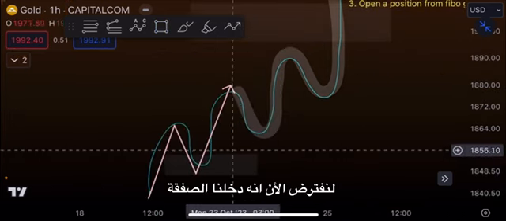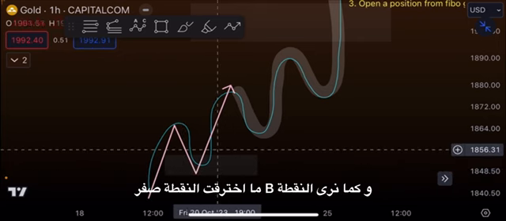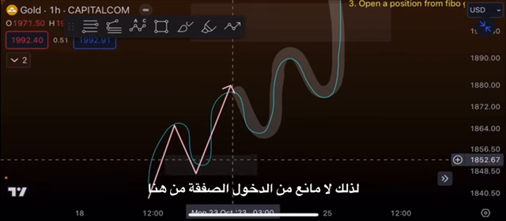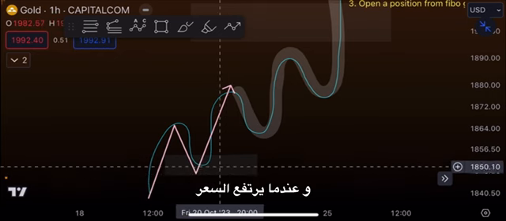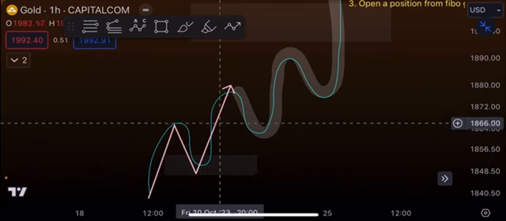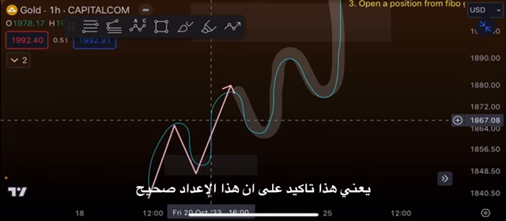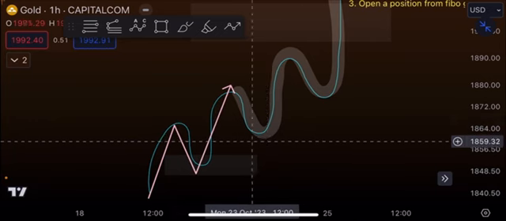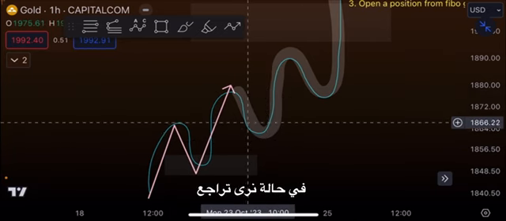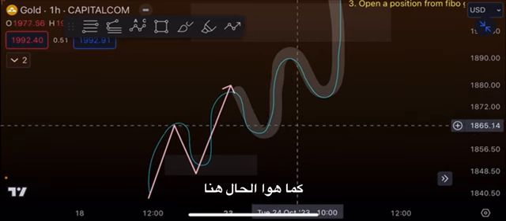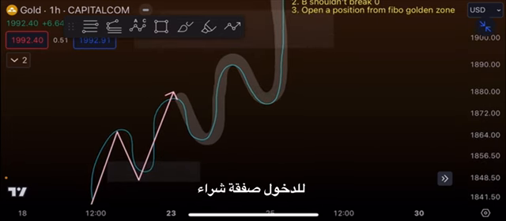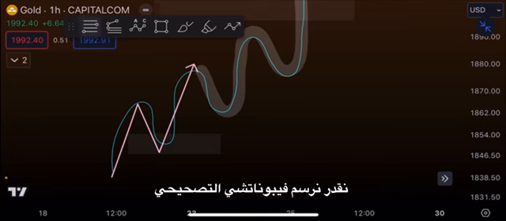Now, let's say we've entered the trade. As we can see, also B did not cross point 0, so we're okay to enter the trade from here. And when price goes above and breaks point A, then this is another confirmation that this setup is valid. Now, in case we see a pullback, just like here, and we want to see if there's another chance for us to enter a buy position, we can draw Fibonacci